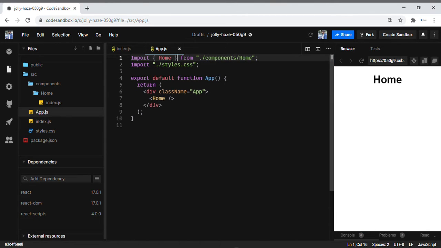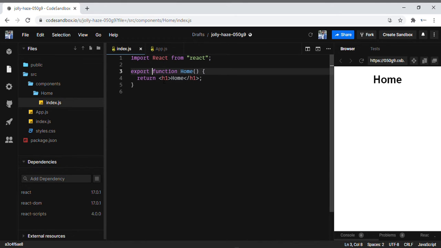Then only it will recognize that home component. So you won't get any errors. Now if you see, I have imported the home component over here, and I am getting this heading h1 home. Okay, let me do one more thing.